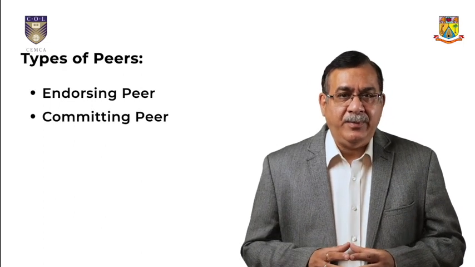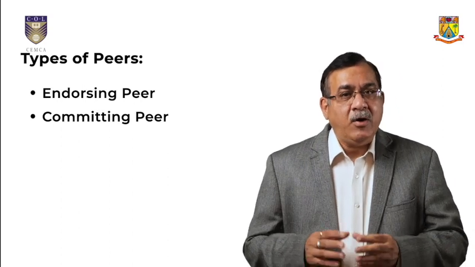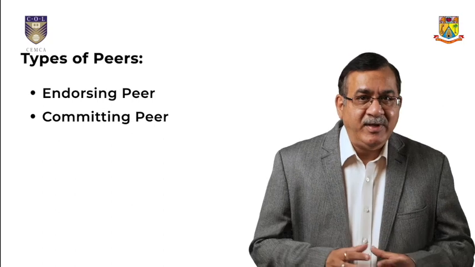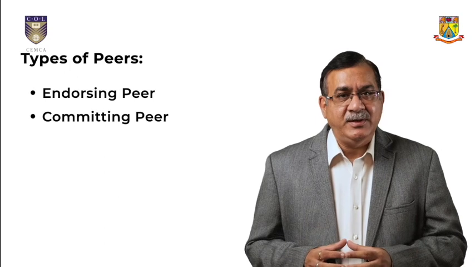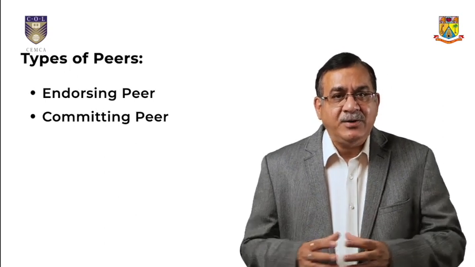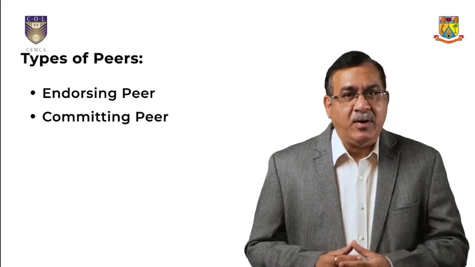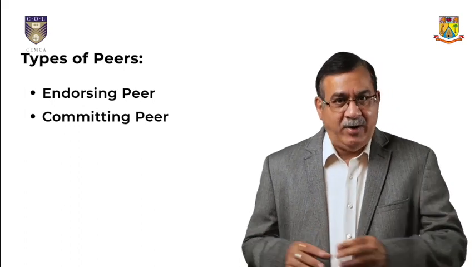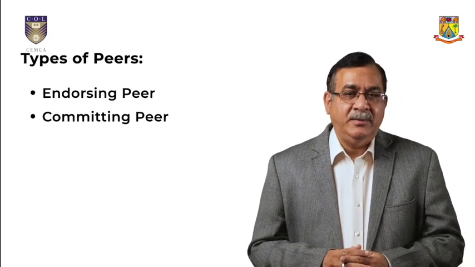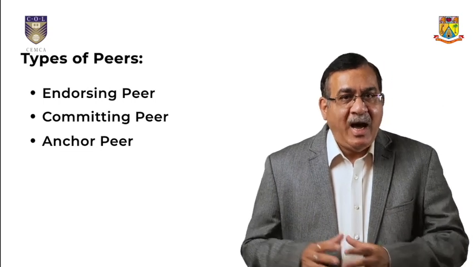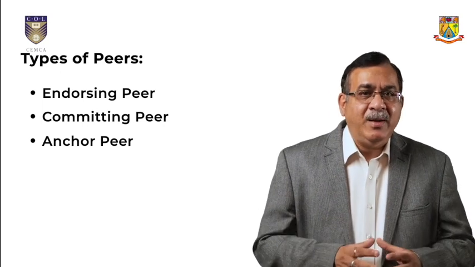The committing peer. Peers who commit the block in their own copy of the blockchain are called committing peers. They receive this block from the ordering service. This block contains the list of transactions, where the committing peer validates each transaction and marks it as either valid or invalid and commits the block. All transactions, either valid or invalid, are committed to the blockchain for future audit purposes. An anchor peer. As a Fabric network can extend across multiple organizations, we need some peers to have